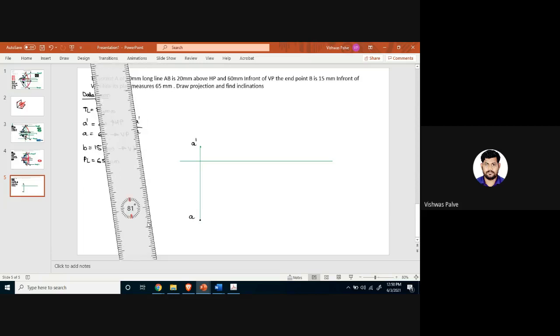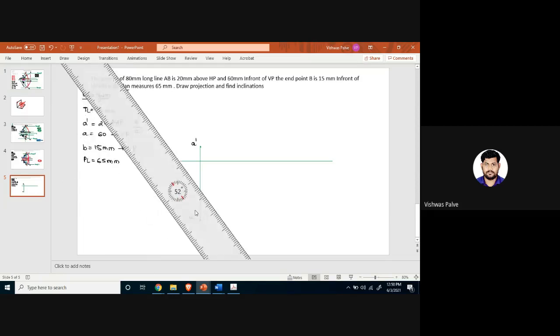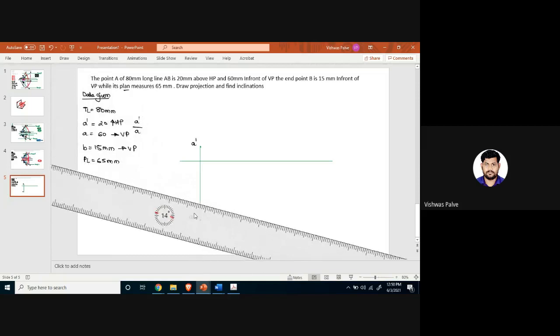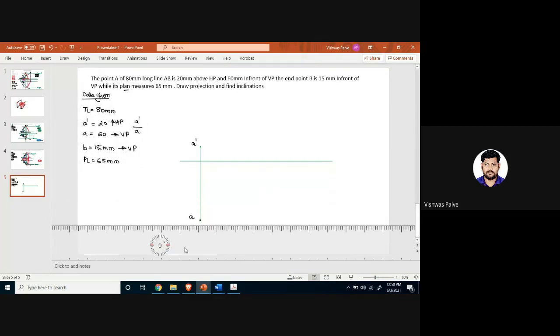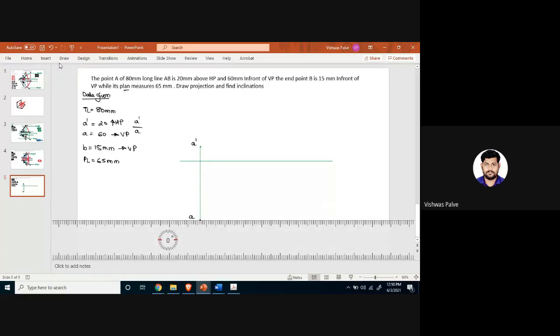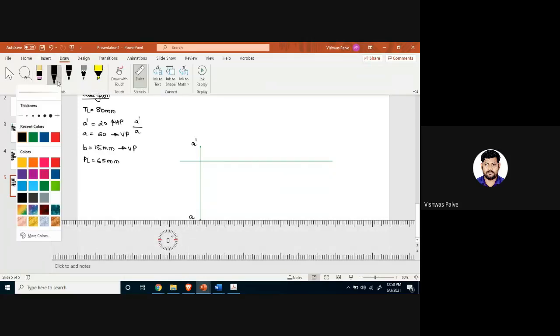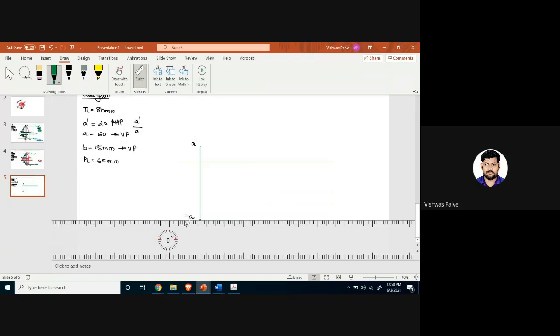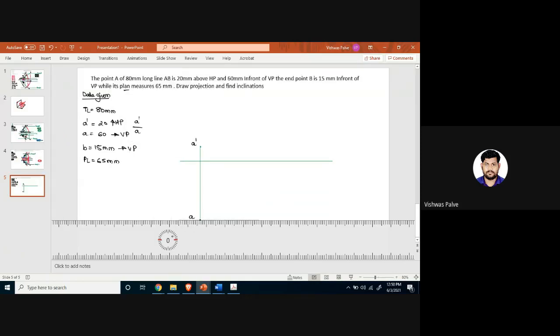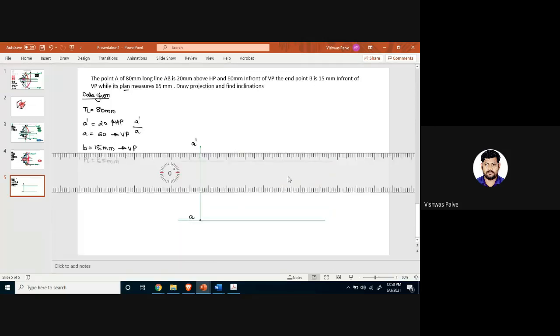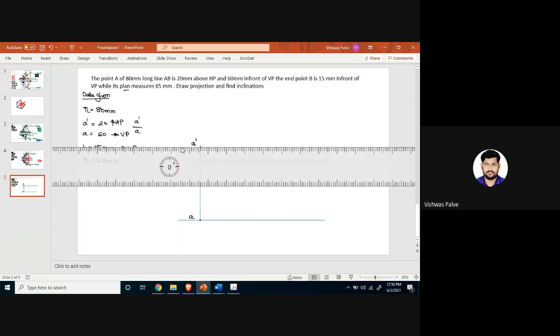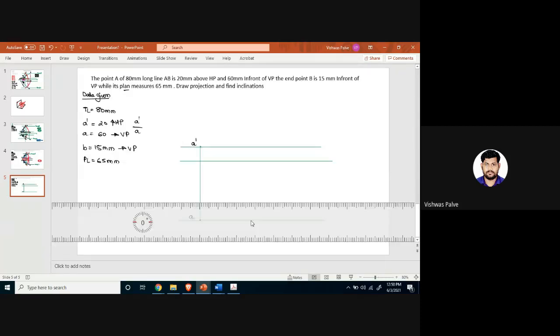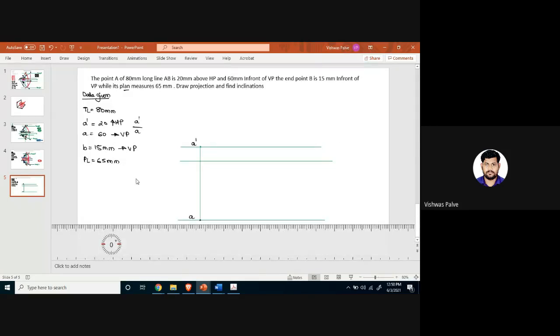After drawing these 2 points, next is point B. So first let me draw horizontal lines from these 2 points. We have to follow the regular practice which we do. Horizontal line from here, horizontal line from this. These 2 data we have utilized. Now B. In front of VP, only this much data is given.